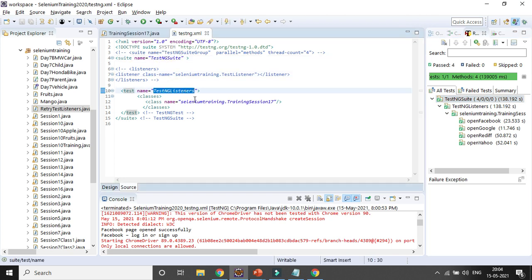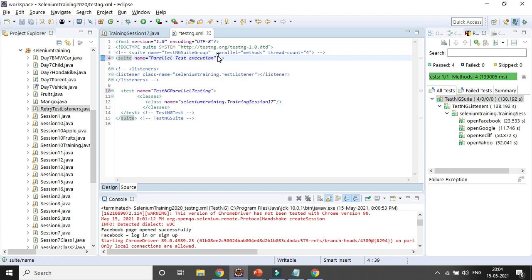So I can change it, testng parallel testing, and here I can give it name equal to parallel test execution, and here I will add a few more important parameters.